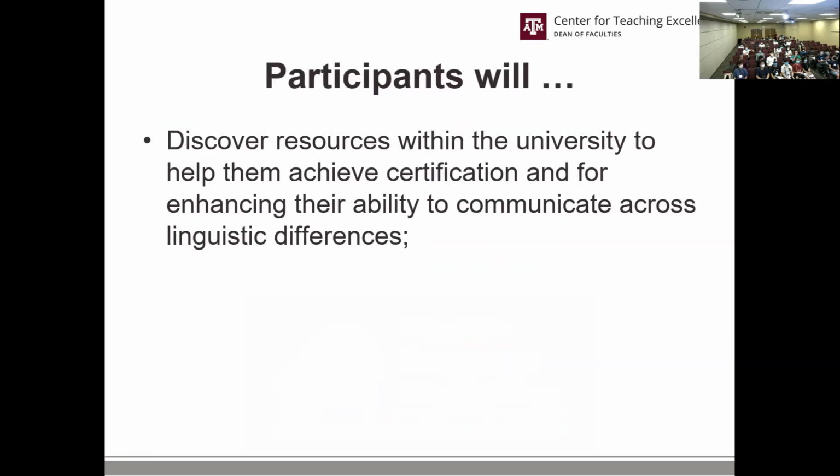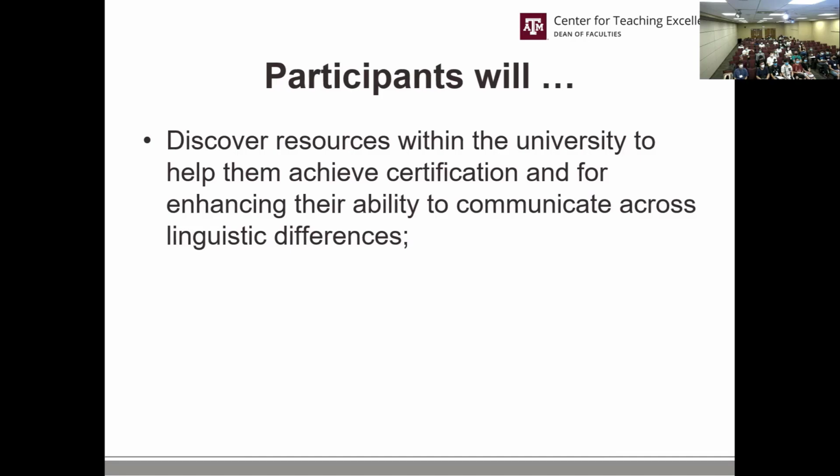In our session today, you can expect 3 topics. One of them is to discover resources that will help you achieve language certification. That is the university's name for the standard that instructors must reach regarding their oral proficiency, their spoken English. You all are language verified. That was necessary for your admissions process.